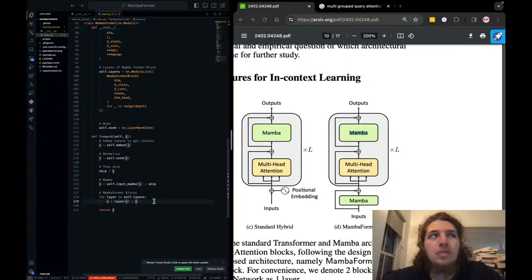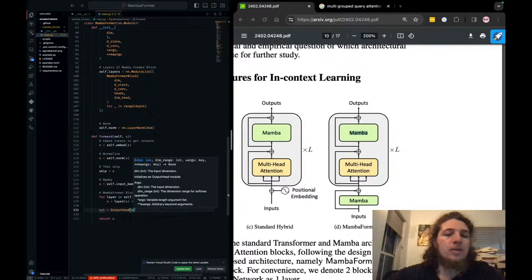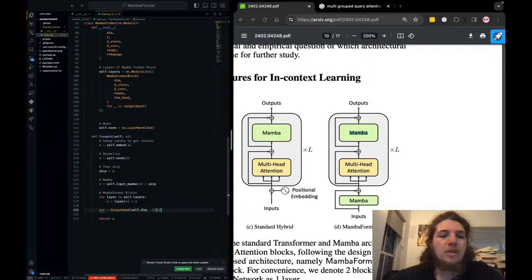So if we're predicting the probability of these tokens, we need to apply an output head, which is three things: a layer norm, a linear, and a softmax. And by doing this, we can get the actual output token.